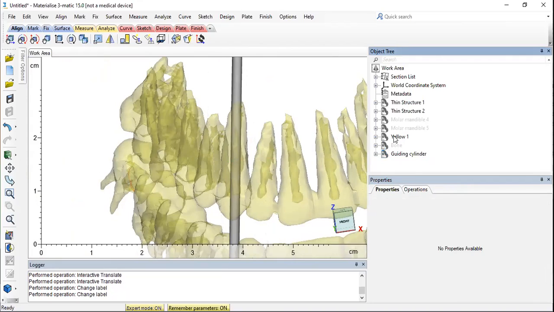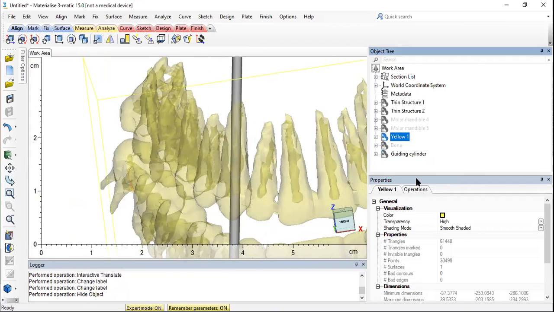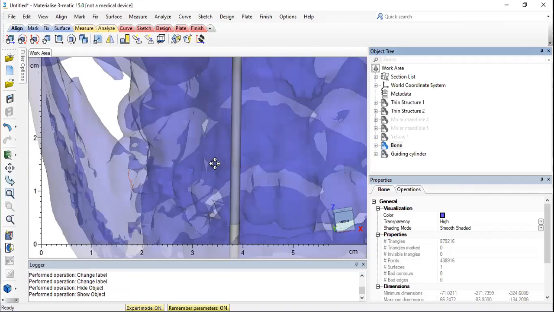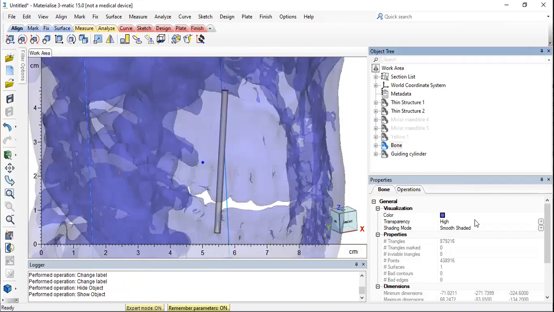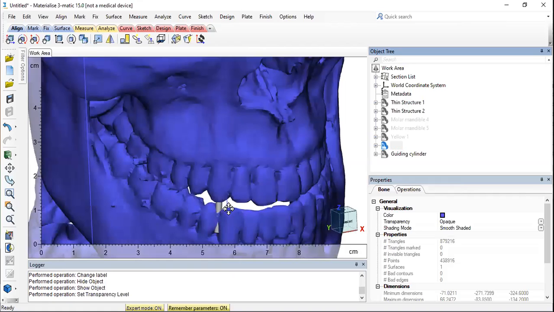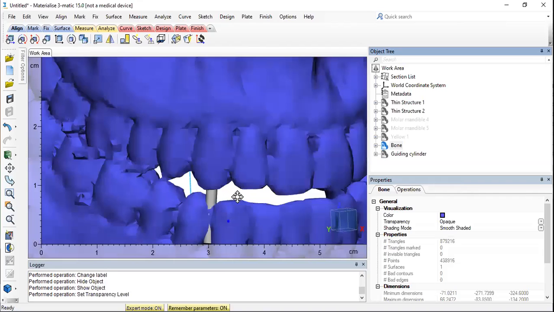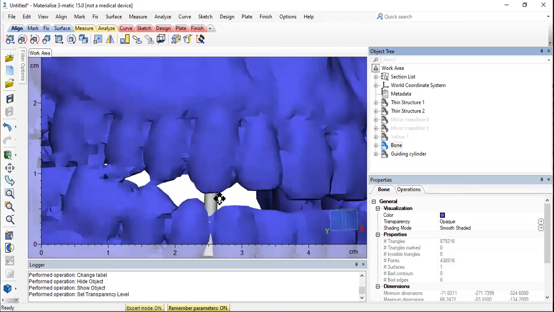Now I'm going to close this and have my bone. The first thing we need to do is trim this area short, right?